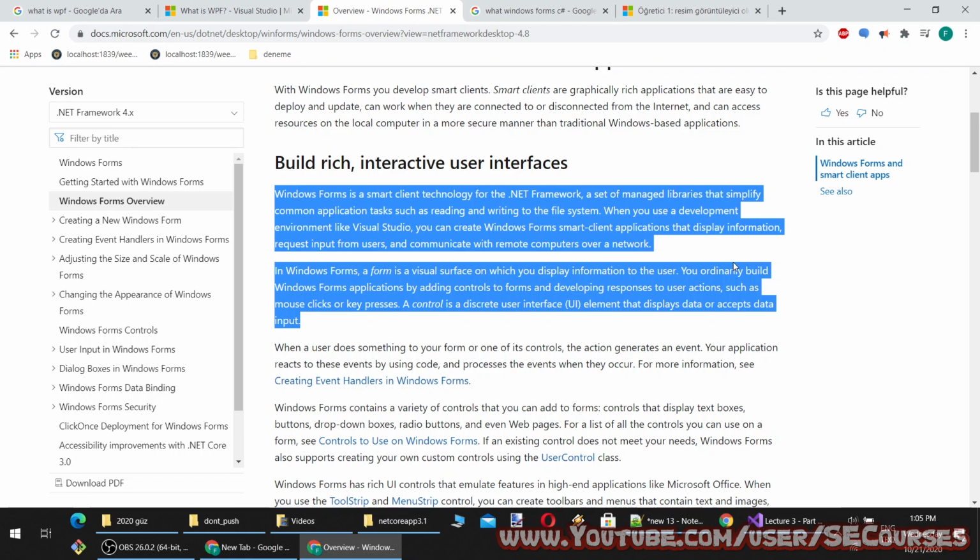In Windows Forms, a form is a visual surface on which you display information to the user. You ordinarily build Windows Forms applications by adding controls to forms and developing responses to user actions, such as mouse clicks or key presses. A control is a discrete user interface (UI) element that displays data or accepts data input.